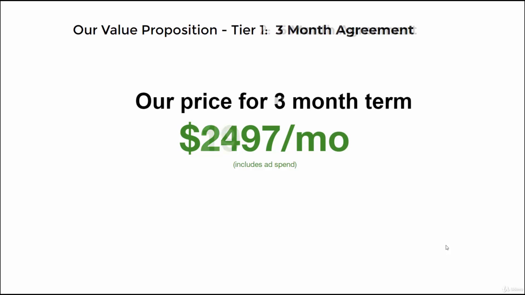Okay, same thing here. So for this one, this means that we're only getting $9.97. So we're only getting $1,000 as our management fee, and the $1,000 is going to the ad spend. Okay, so that's how you want to communicate that to your prospective clients, that it's only going to be $9.97 or $1,000 to get started, and the rest of that they're going to get billed at the end of the month from Google. Okay,